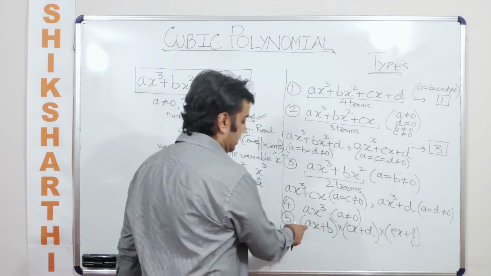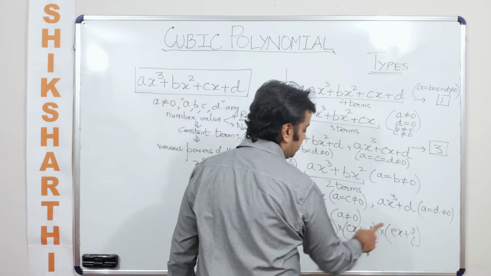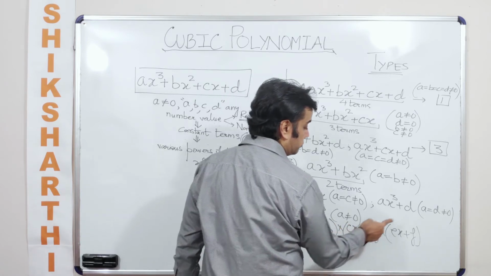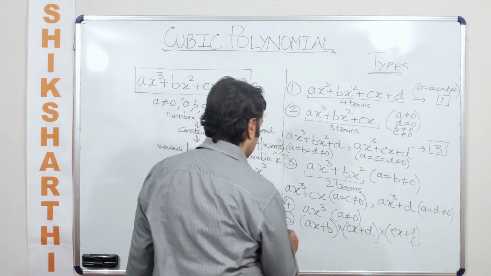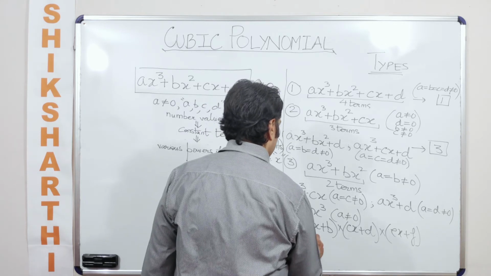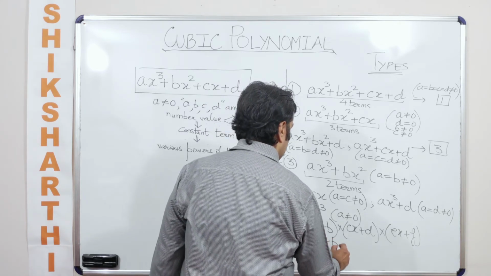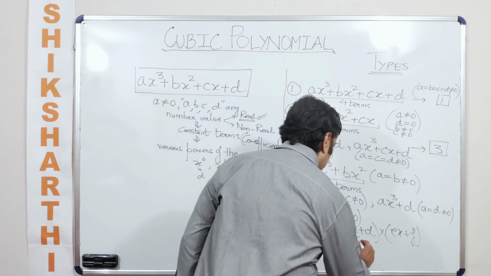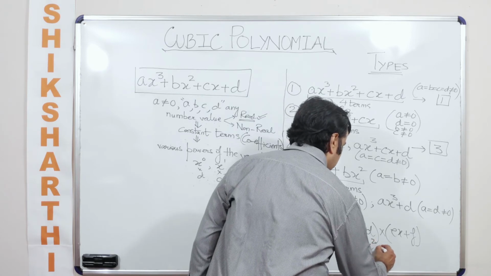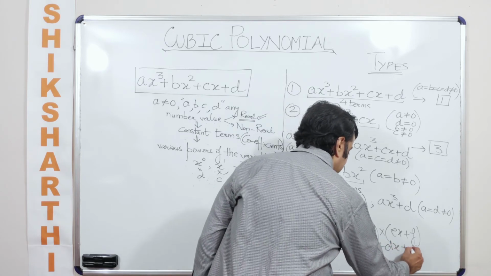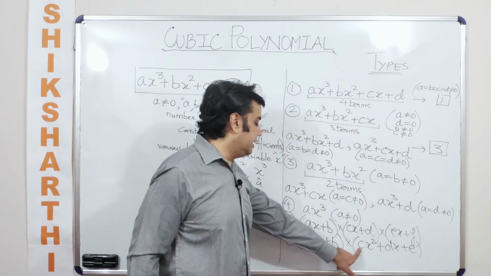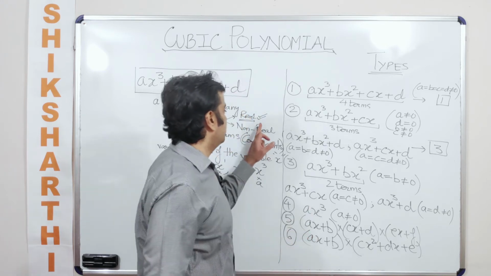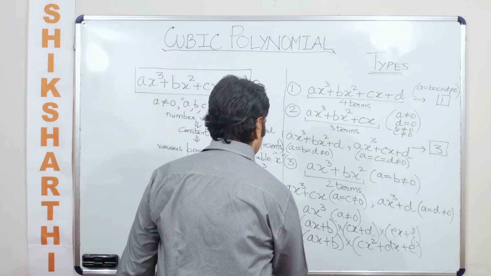Okay, so this is one. So wherein the leading coefficients, I mean none of these should be equal to a 0. So none of these should be equal to a 0 means we are talking about a should be non-zero, c should be non-zero, and e. All the 3 should be non-zero. Second, I can get a cubic polynomial with the help of a linear multiplied with a quadratic. So let's say the quadratic expression which I am writing here is, let's say, cx square plus dx plus e, keeping in mind that the leading coefficients of both should be non-zero real number values, since we are talking about real numbers.